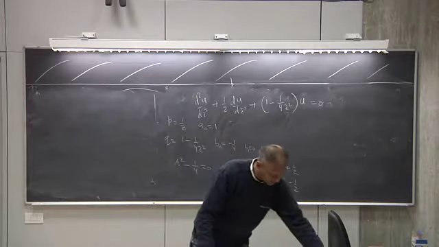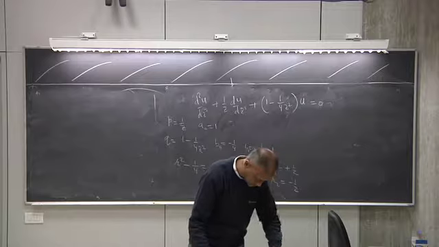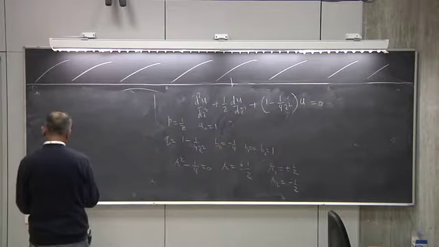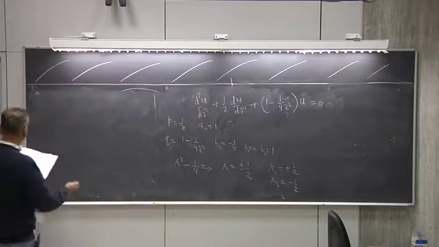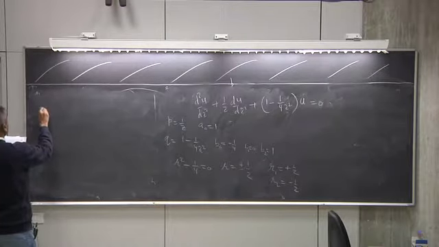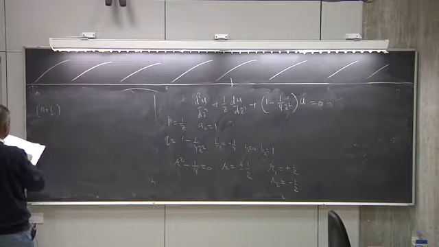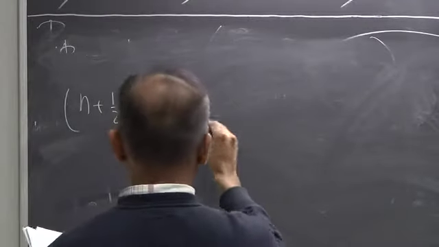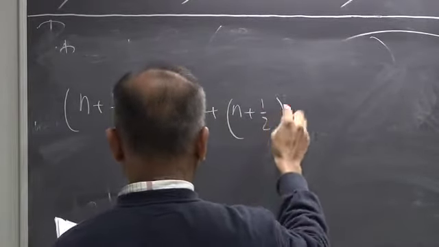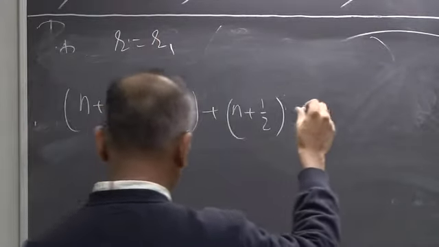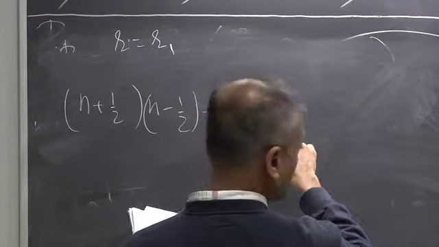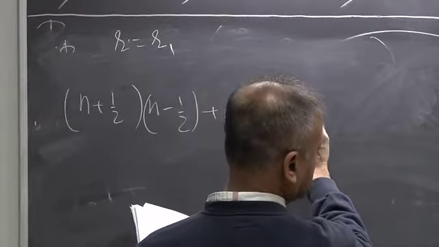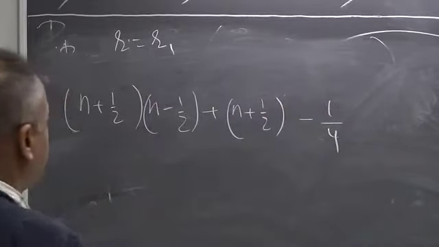So the recursion relation is C_n. I mean, n plus r1, so that is (n plus half)(n plus r1 minus 1, which is n minus half), okay, plus (n plus half) for r equal to r1, times a0 which is 1, and then plus b0, which is minus 1/4. That times C_n